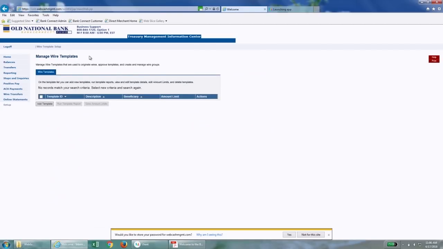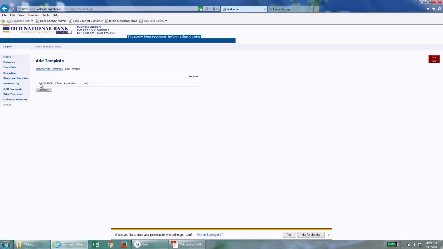So if you had existing wire templates out here, you could easily add one from here. You can manage that wire template. So if we click on Add Wire Template, there's going to be an application drop down. You're going to see repetitive fed, semi-repetitive fed. The difference between those is, say if you're paying someone frequently, a repetitive fed is only